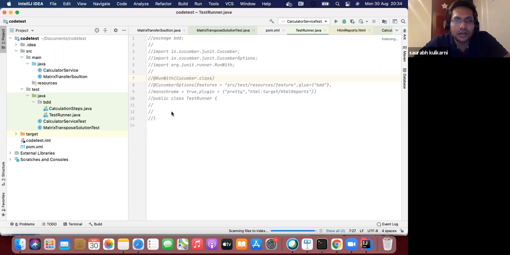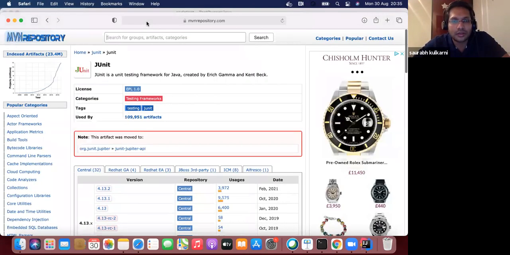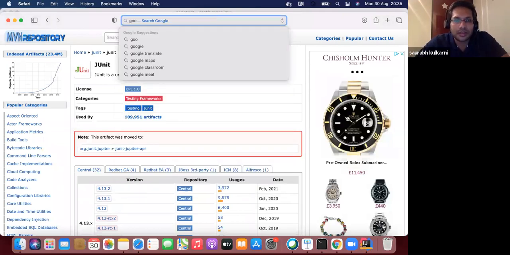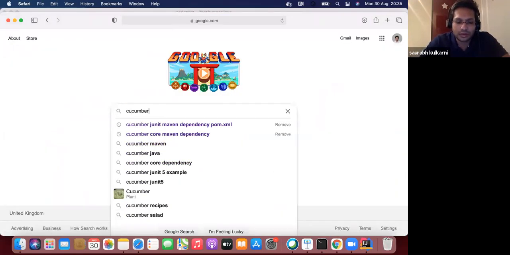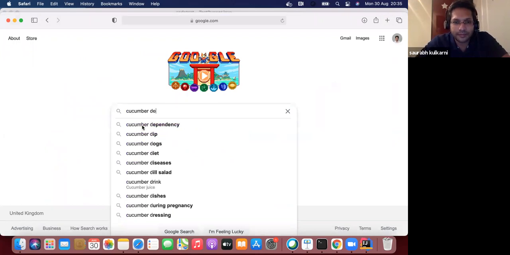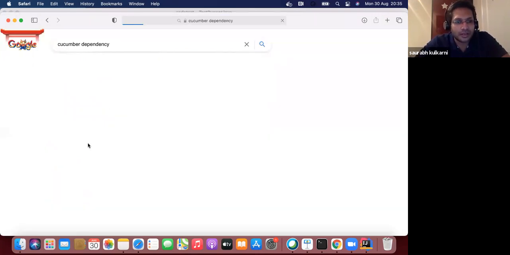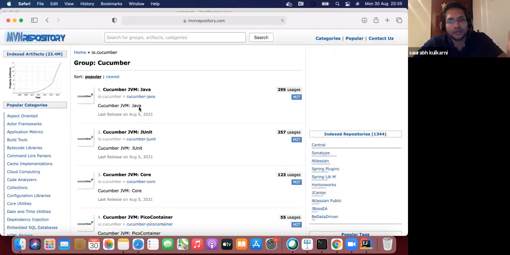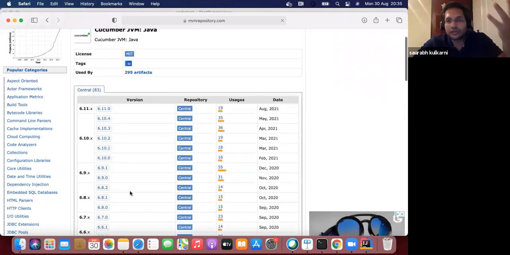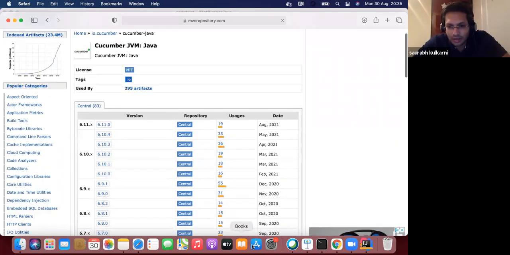If I simply search Cucumber dependency, see here, the Cucumber open source project docs also tell you the version, but the Maven repository, mavenrepository.com, will also tell you. If I go to Cucumber Java, I will have all the latest versions, one of which I should pick. I will go to my code base.